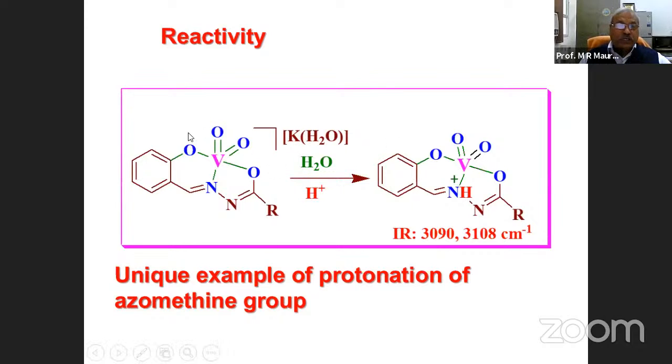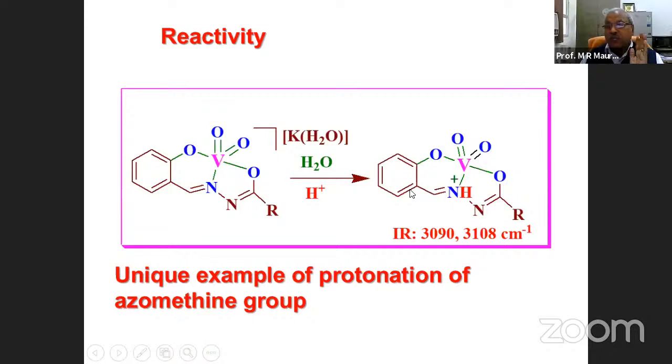Now, taking that potassium salt of this dioxo species, because this was water soluble, we thought, okay, let's add some more acid to reduce the pH of this compound and see if we get the same compound we observed after reducing the pH to about 6.5. To our surprise, compound one immediately precipitated during the titration with dilute HCl in the water solution. This compound precipitated, and this gave an entirely different